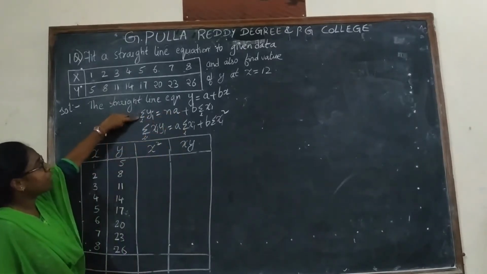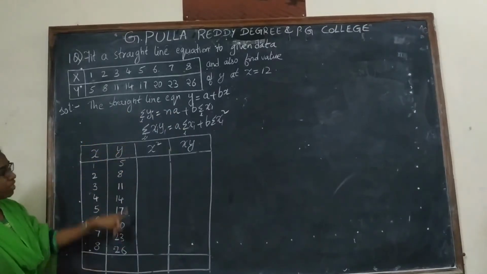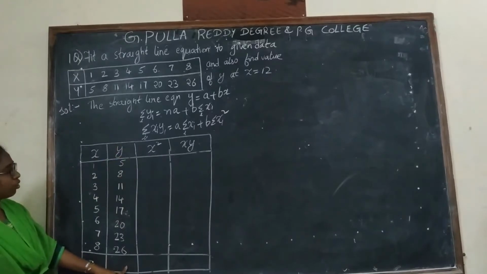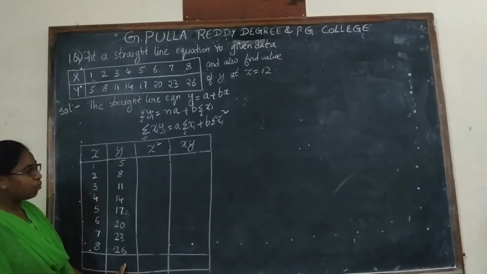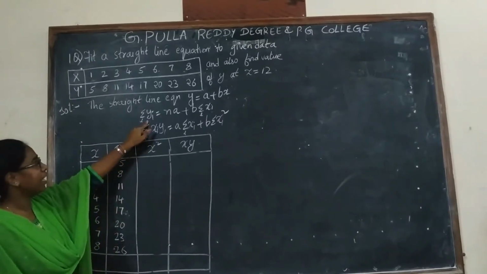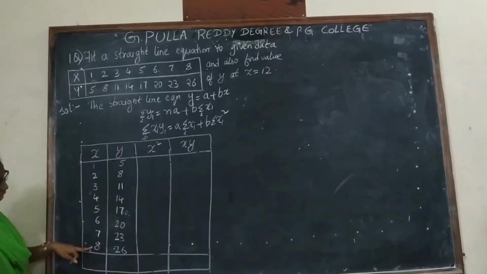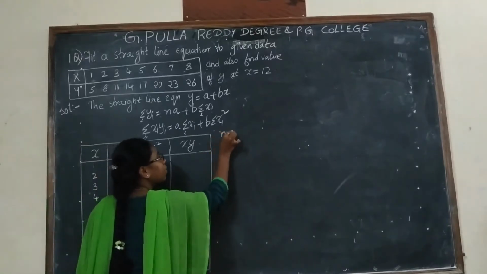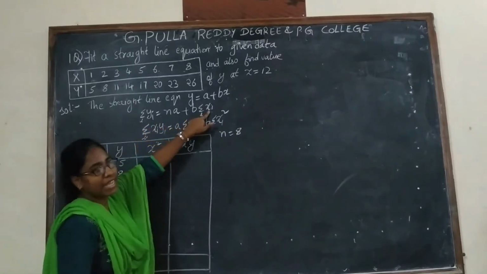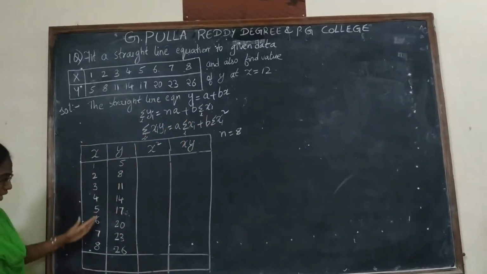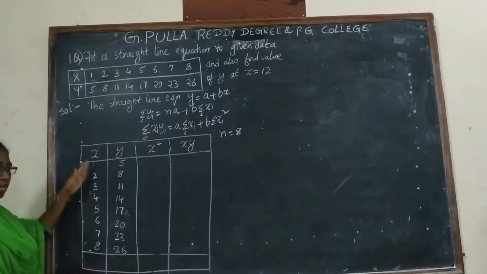First, in the first normal equation you have summation y. This can be found by adding this column. The y column is already given in the question. Simply add all the values of y to obtain the summation y. Next, the n value. n is nothing but the total number of values. How many values do you have? 8, so our n value is 8. Next, summation xi. The x values are already given in the question. You just add all the values of the column.